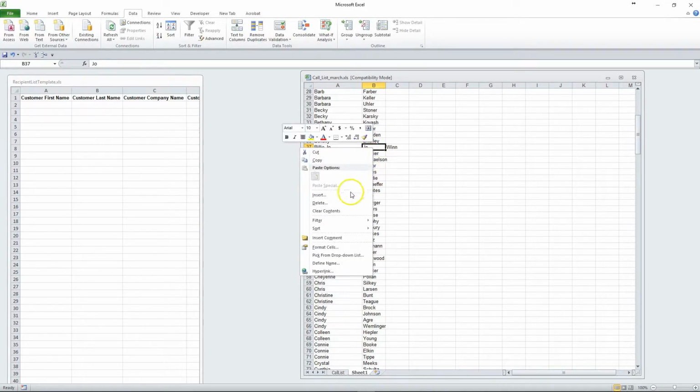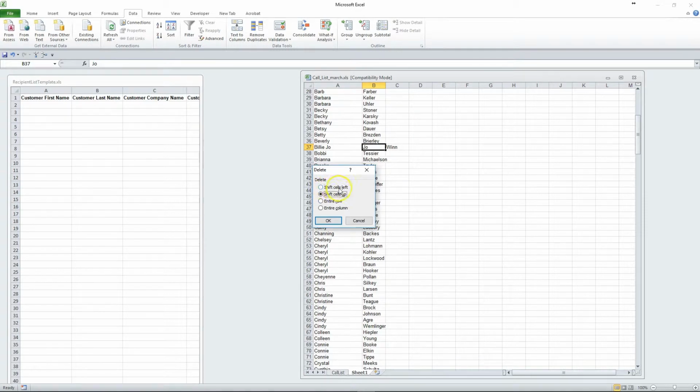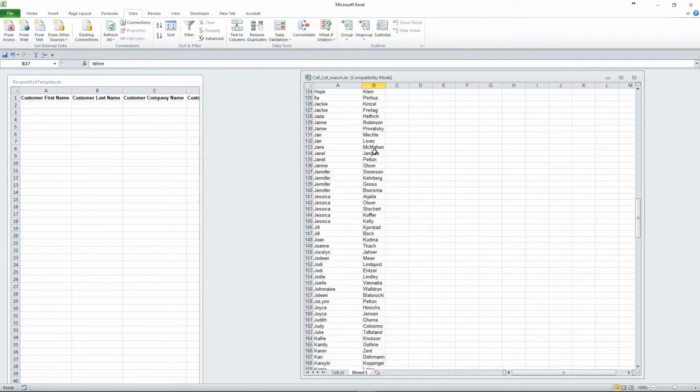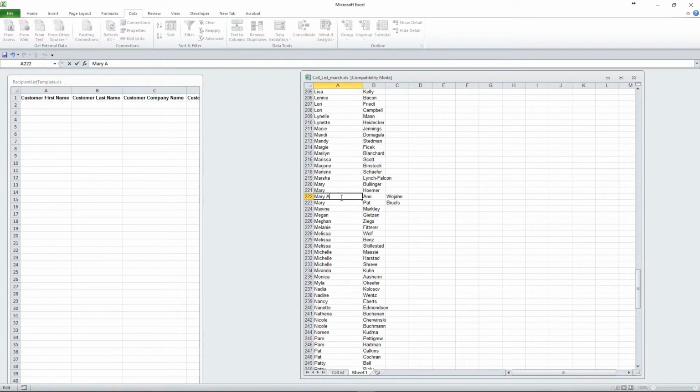Right click on this column, click delete, and select shift cells to the left, and that will put the last name where it's supposed to be. And if we just keep glancing, making sure everything else is correct, we can see that there's two more that have the same